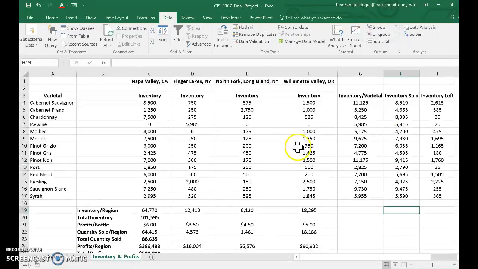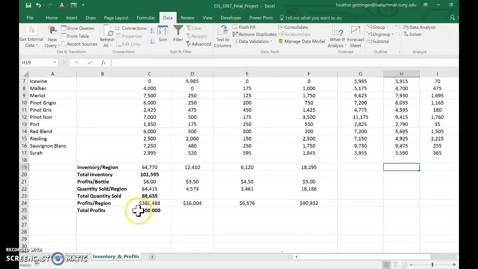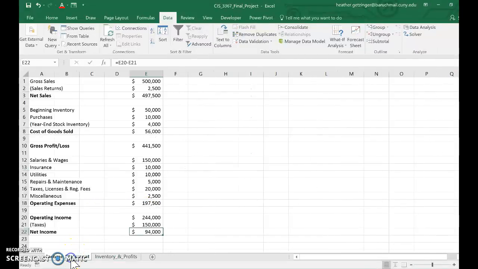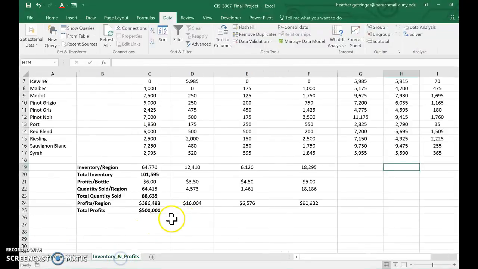Scroll up for you. As you can see, my shop carries only domestic wines from 4 of the United States' most prominent wine-growing regions: Napa Valley, California, the Finger Lakes region in upstate New York, the North Fork of Long Island, and the Willamette Valley in Oregon. Once again, all of the data on here were invented by me. However, not only is my total profits figure seen here the same as my gross sales on my income statement, $500,000, but I also made a sincere attempt at